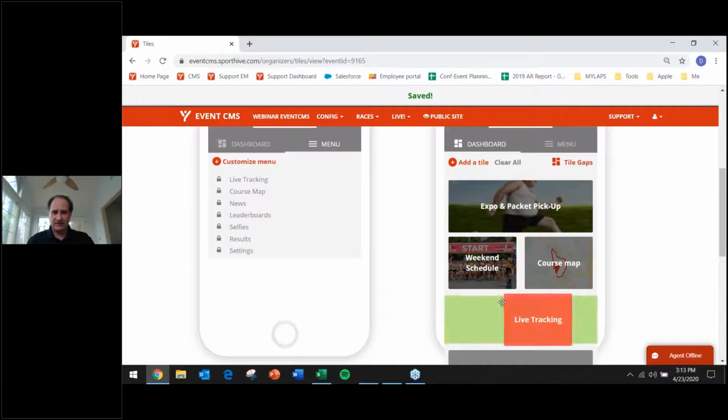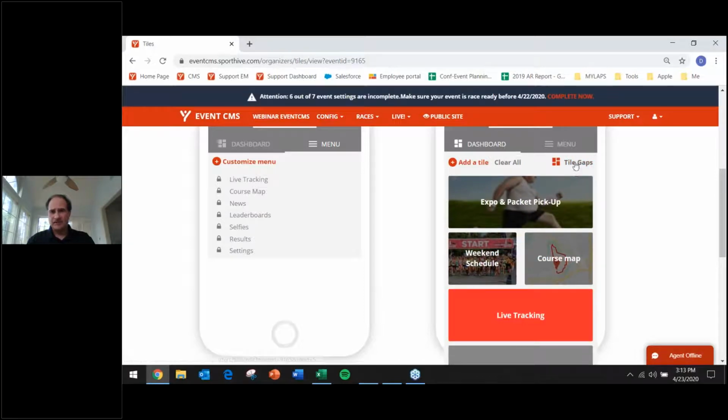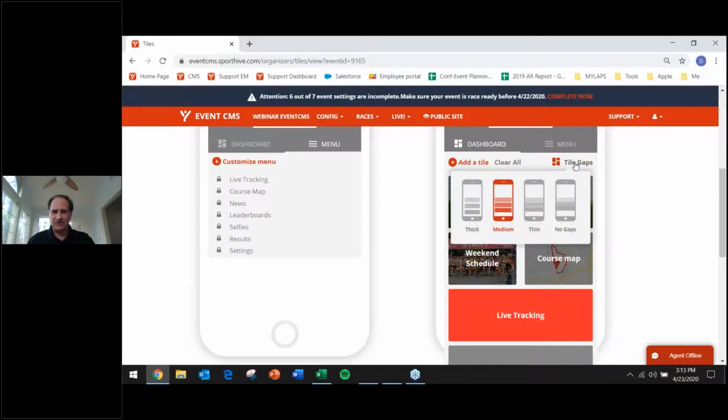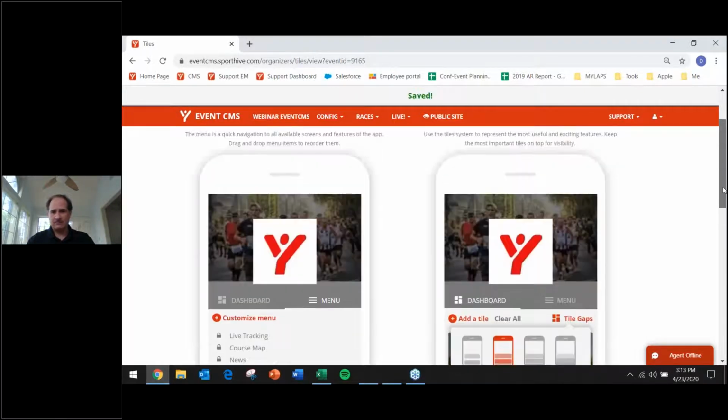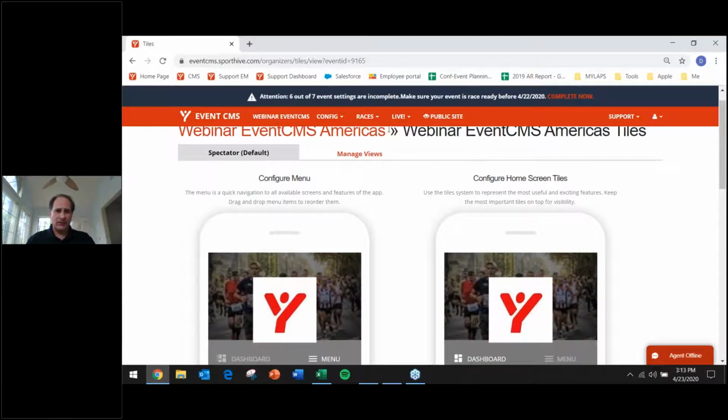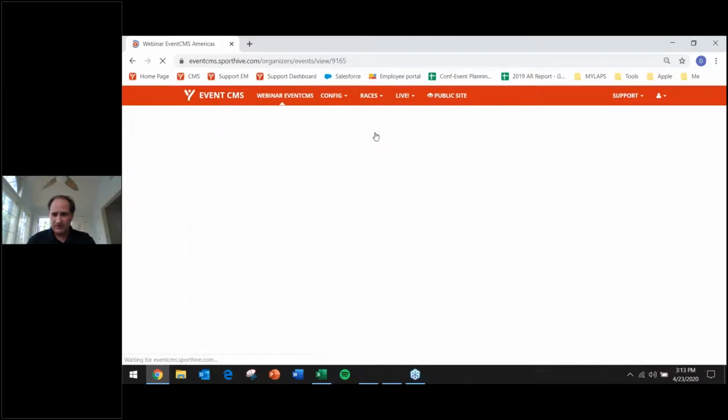And that's kind of a neat thing. In addition to that, I can also change the tile gaps, okay? So lots of flexibility there with tiles. Now, the other thing that I want to mention, in addition to tiles,